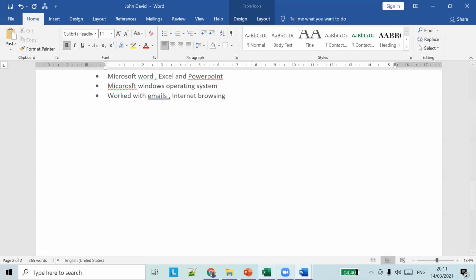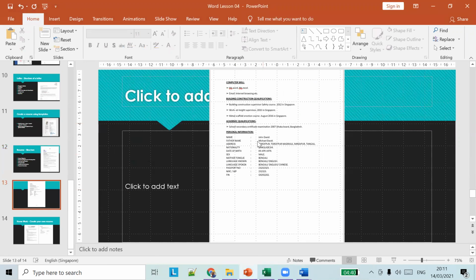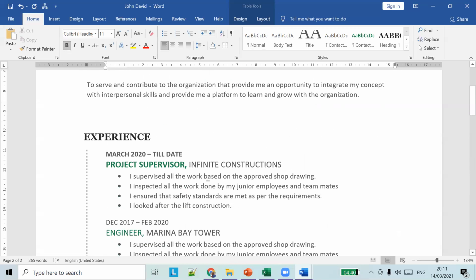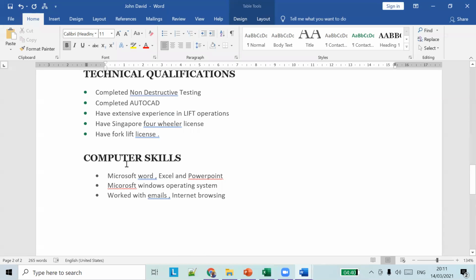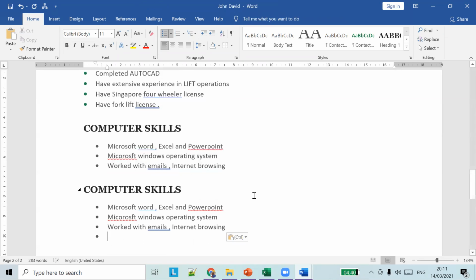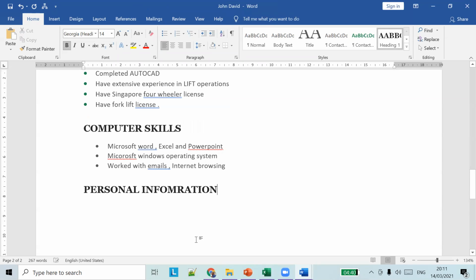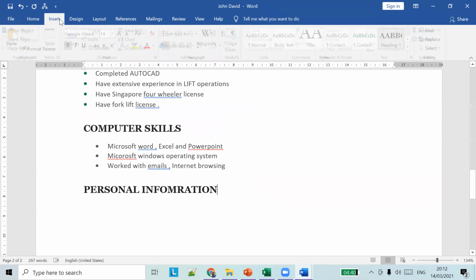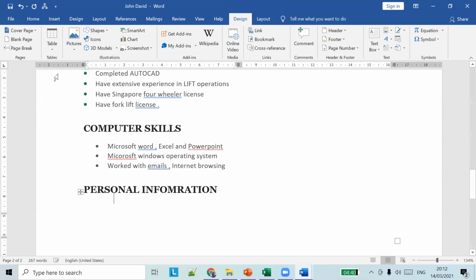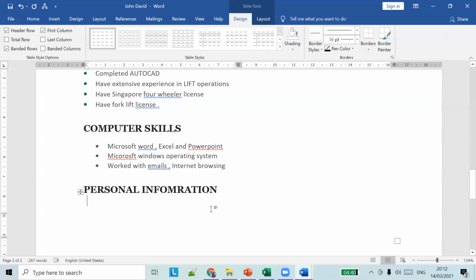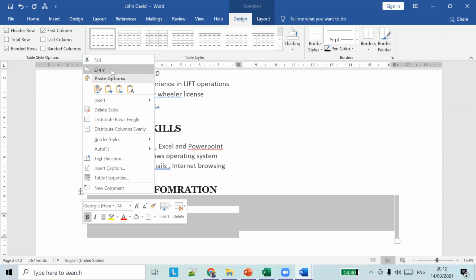So apart from that, one section you have to give is all your personal details. Okay, so personal information you have to add here. So maybe you can copy this thing. Copy this. You can say personal information. Okay, so now you have to design all these things. So maybe you can design it using a table, right? You can use a table to design all those things. So I've created a table. So now a table is created, right?